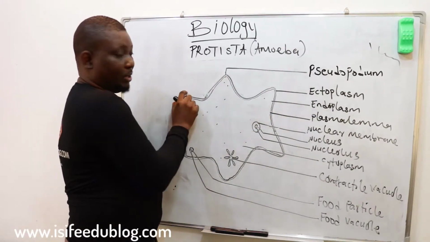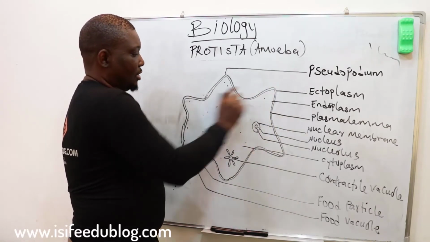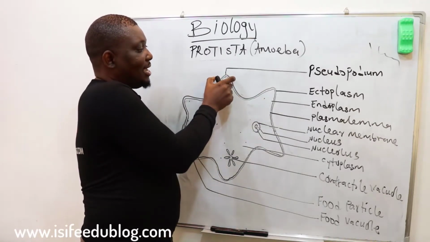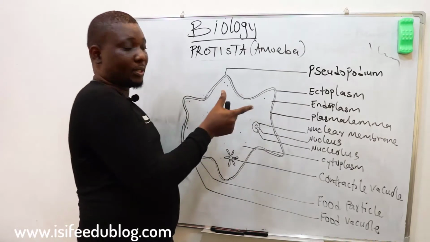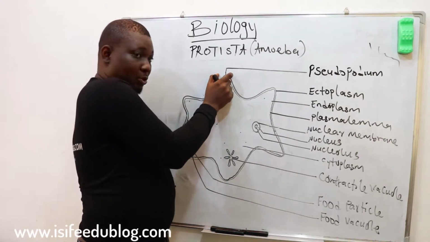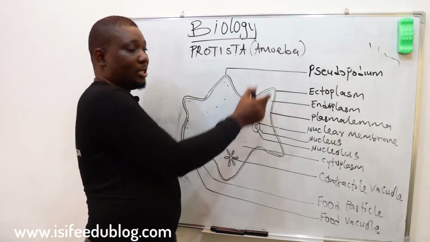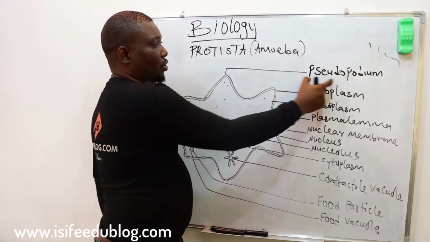The pseudopod can be labeled here. It can be labeled in any part of this structure that is protruded. That is why this is not a particular structure for movement. That is the meaning of pseudopods, false feet. So this can be used today or now, and in subsequent movements another protruding structure is used. So that's why we refer to this structure as pseudopods.